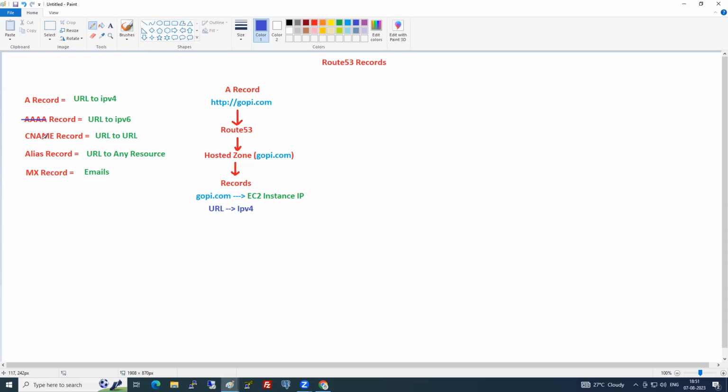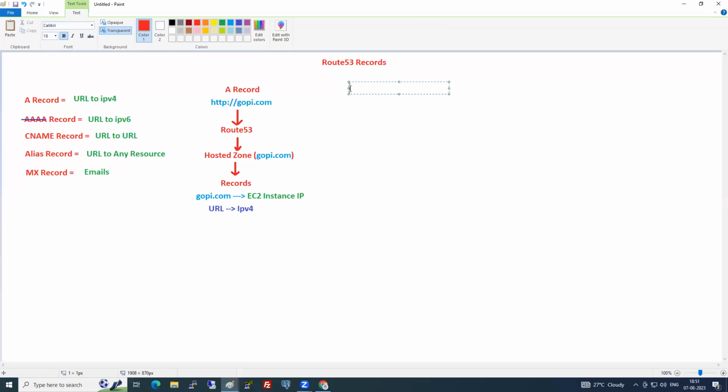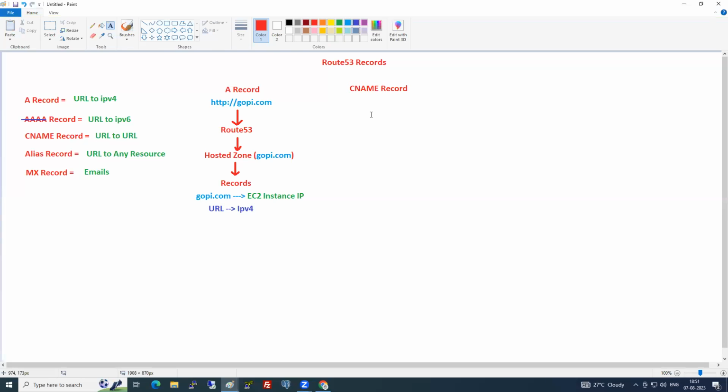The next one is CNAME. What does CNAME mean? CNAME, canonical name. Canonical means similar name. So similarly, I take gopi.com here. Whenever a user hits gopi.com, the request goes to Route 53.